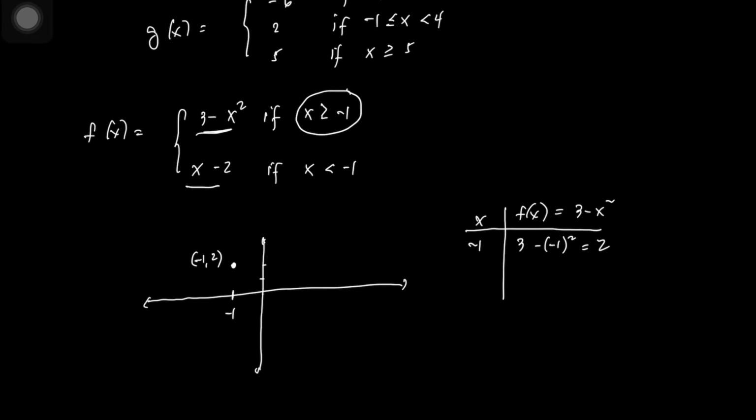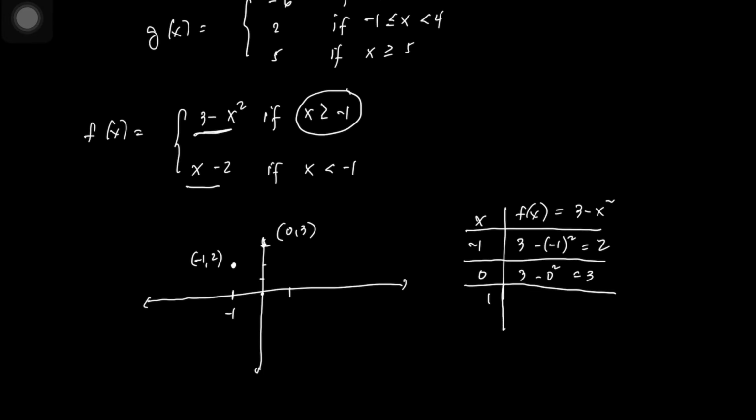Then we can choose another point. Let's say 0. When x is 0, our f of x is 3 minus 0 squared. That is 3. So this point here is 0, 3. How about 1? When x is 1,